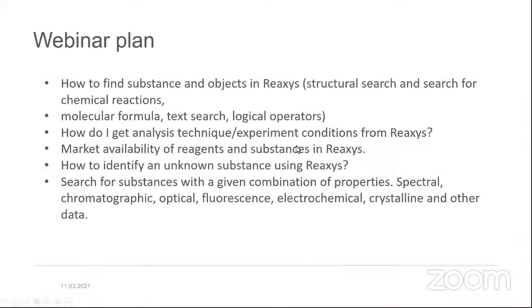As I know, all of you already know what Reaxys is, but in any case I will give again a very short introduction. Probably we have some new attendees who have never participated in our previous lectures. I will show again very shortly, to remind, how to find substances and objects, how to use structural search, and how to find a chemical reaction and molecular formula. Also, I will show how to get analytical techniques and experimental conditions from Reaxys,